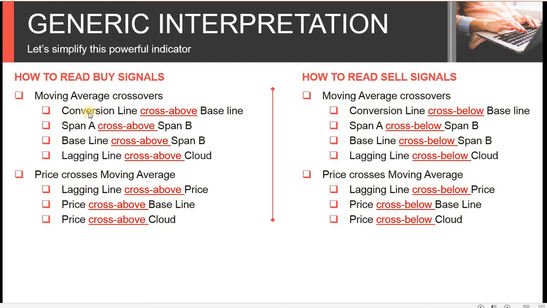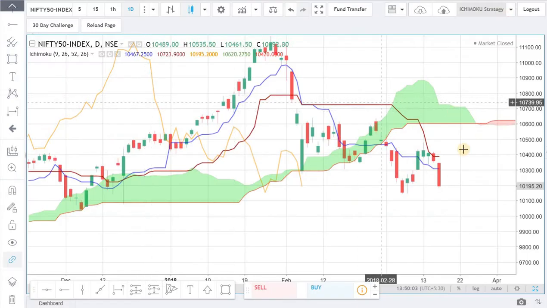Moving average crossover signals, which is conversion line crossing above baseline, is a buy signal. Okay, span A crossing above span B. Now, just by looking at this, I can tell you this is nothing but the cloud turning from red to green, because span A is one edge of the cloud and span B is the other edge of the cloud. So when the cloud reverses or twists, it's called a cloud twist. The cloud twist is another indication. So going back to our